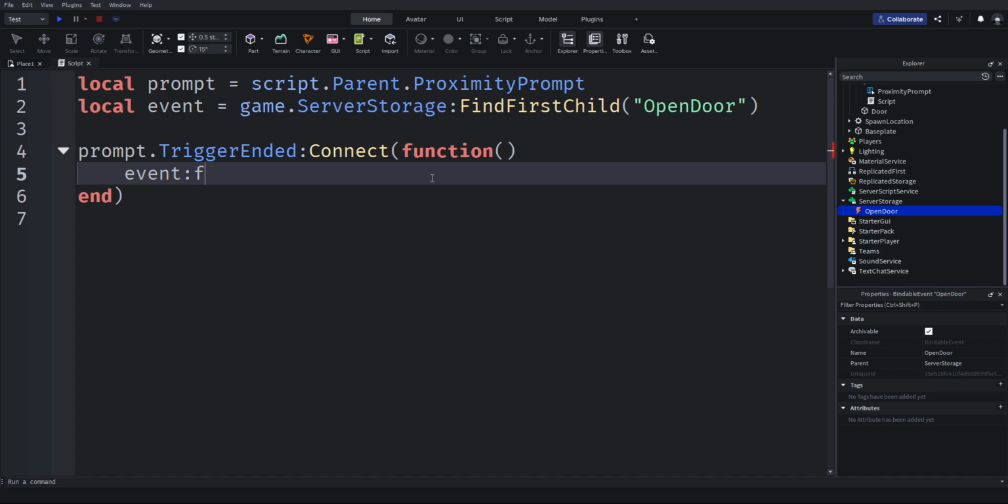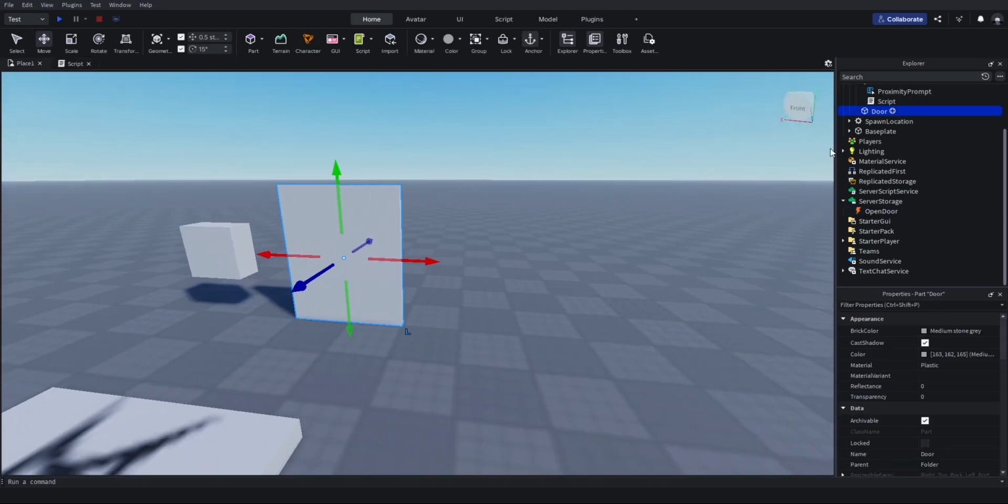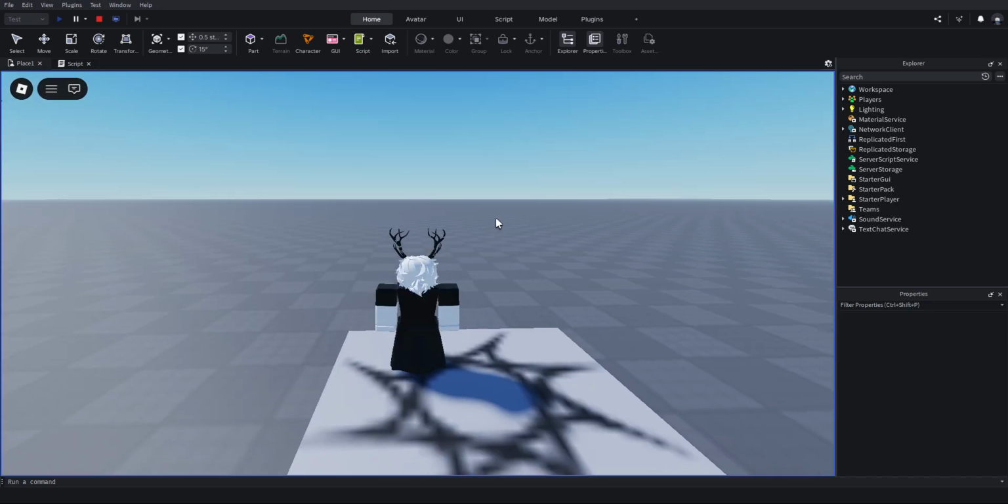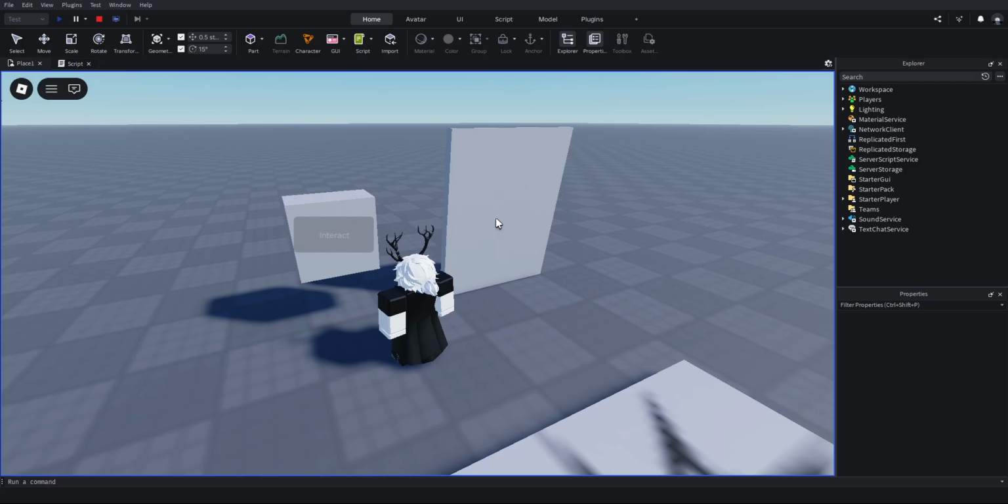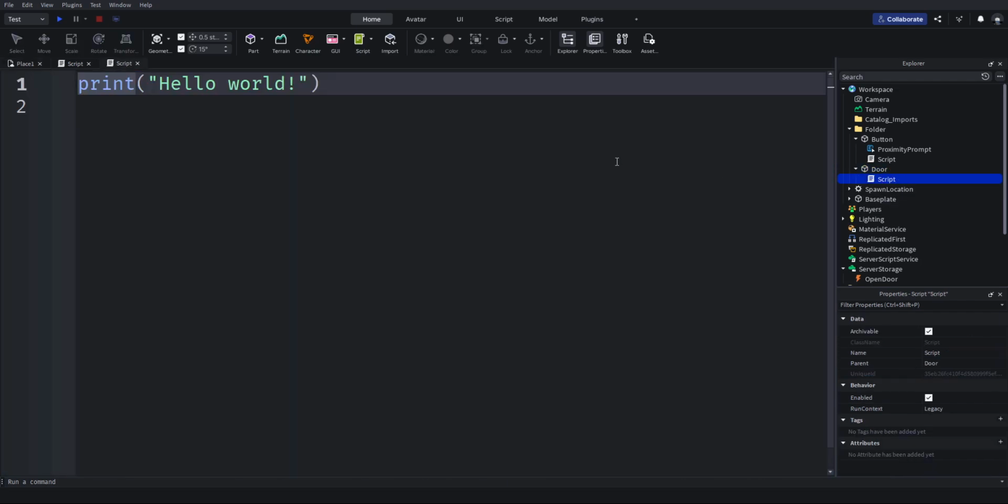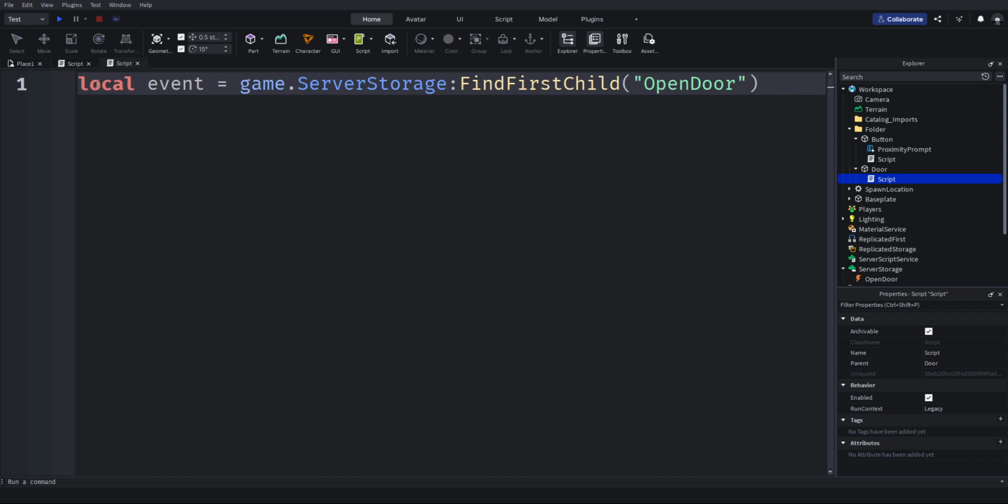So we're gonna do again Fire, and look at that. We just fired the event. Now you'd want the door to do something, okay? Because if you play right now and try to press the button, it'll do nothing, absolutely nothing. So what I want you to do is create another script in this one, erase the contents, and to save some time, we're gonna copy this local event, and what I do is